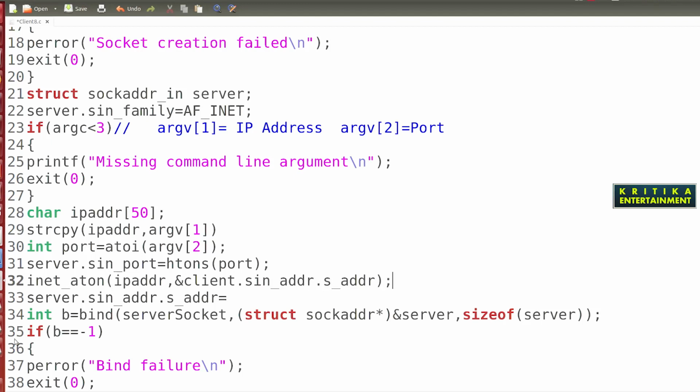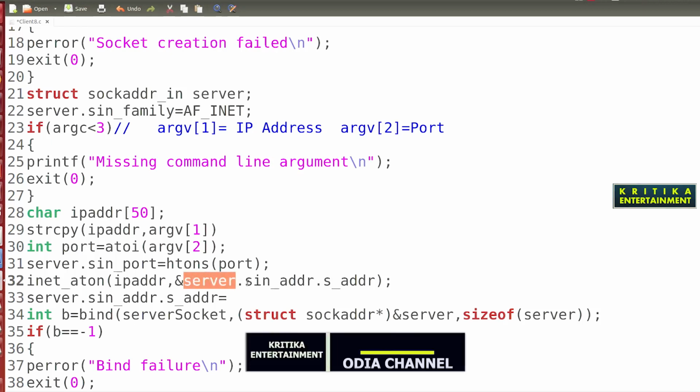This is the format; have you seen it? This is the same format I wrote here. Instead of client you will write server, because this is the destination IP address where it will be moved. So write server.sin_addr.s_addr.